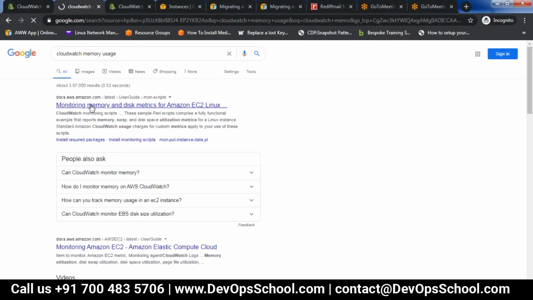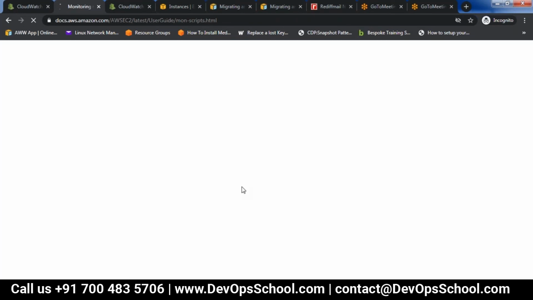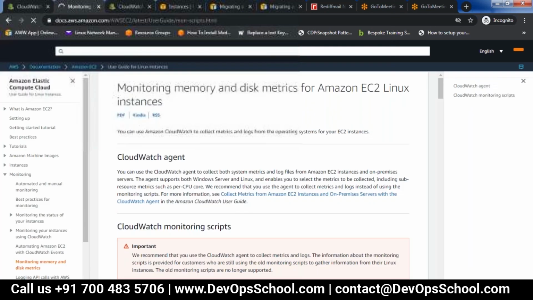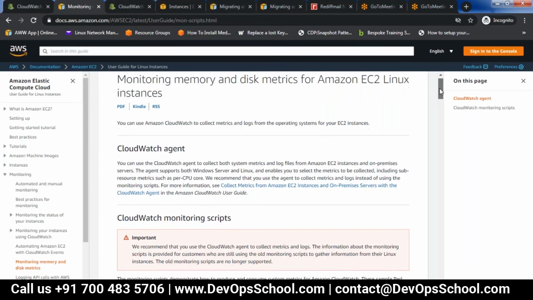So you will see monitoring memory and disk metrics. This is a standard document you can find. You will have to install this.